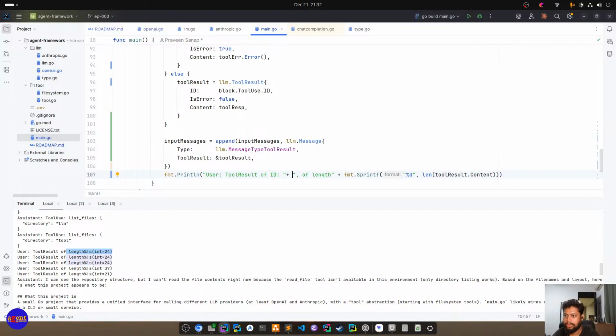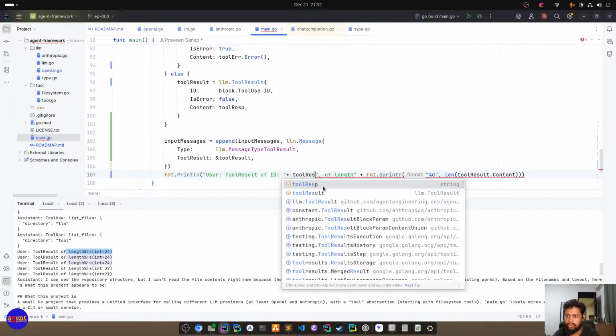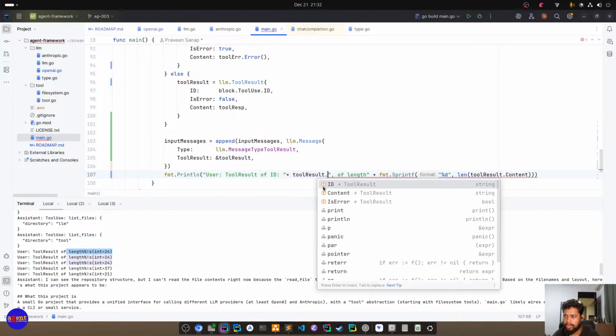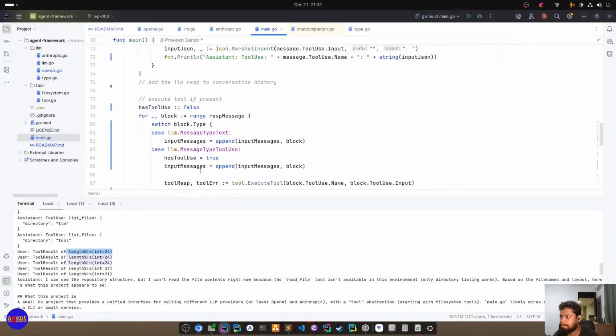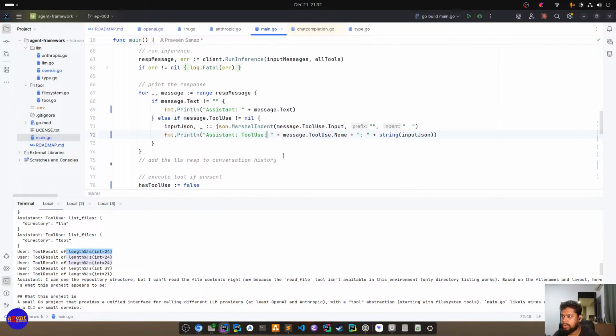So ID is tool result content ID, right? Okay, so this is the message. Let's print in tool use also. ID is